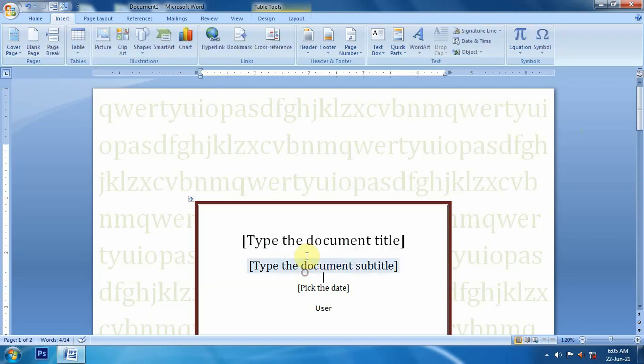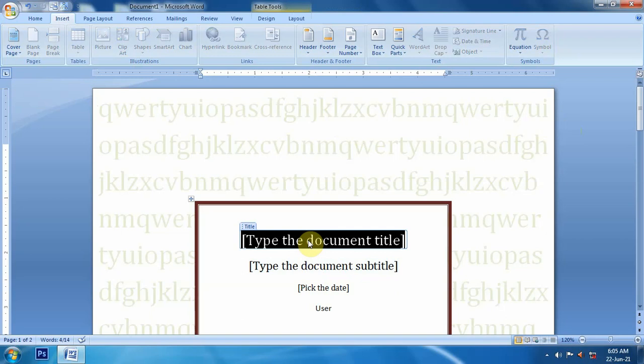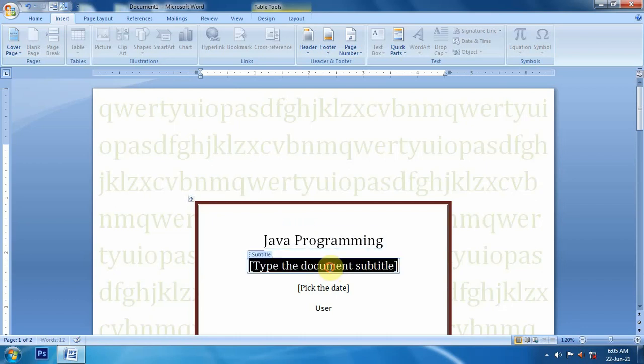Like we can write title of the book or title of the document. Subtitle.